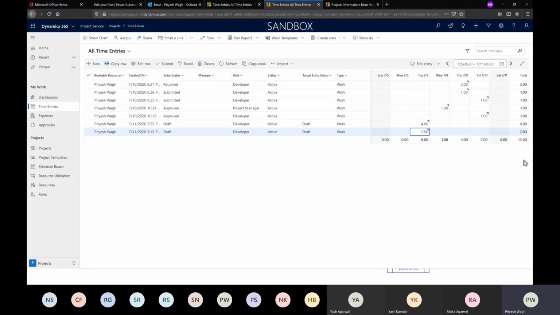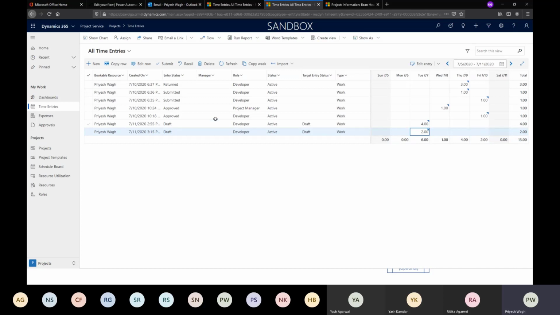Okay. As you can see my screen, I'm in Project Service, so this is PSA basically. In Project Service, I have my entities which I'm supposed to interact with. So I have projects, I have the schedule board where I look at who is allocated or where there are resources and roles. There is one entity called Time Entry, which has this grid.